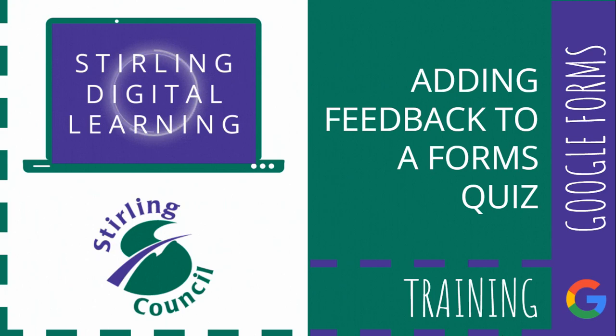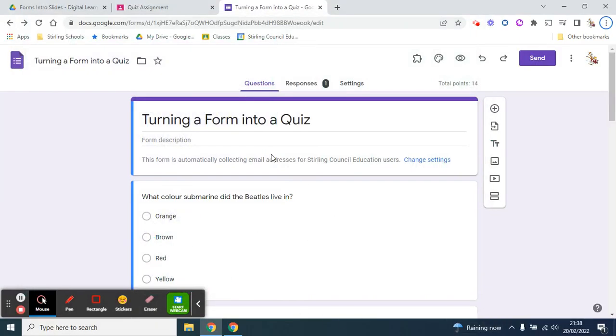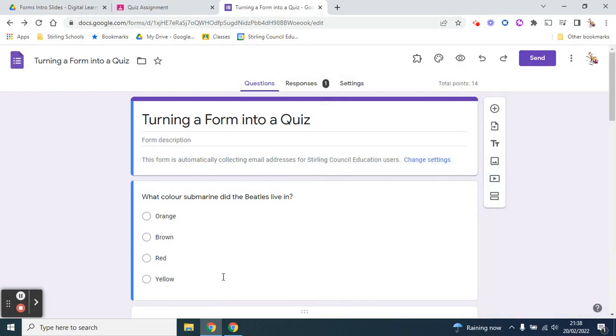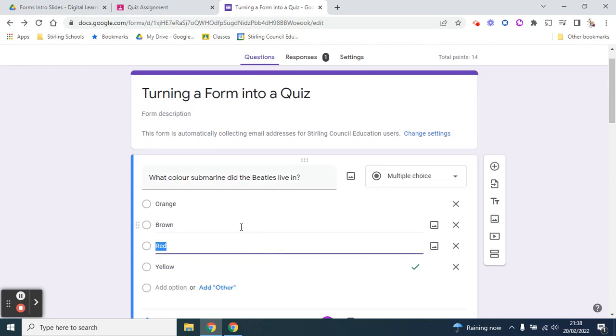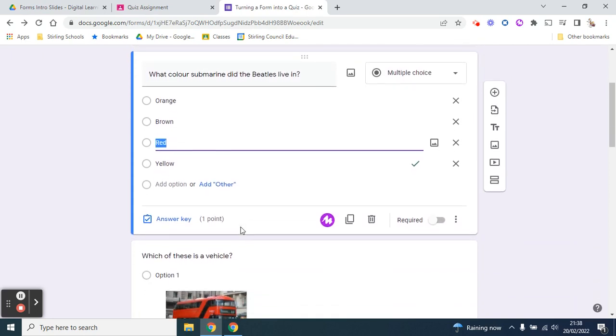So you can approach it in two different ways. We'll have a look at both. So if we have this form here as an example, the one that we looked at previously when we were talking about how to create our own quiz and how to add marks and so on, if we look at any of the individual questions here, so for example, this first one, at the moment, if a pupil gets this incorrect and we mark the answer